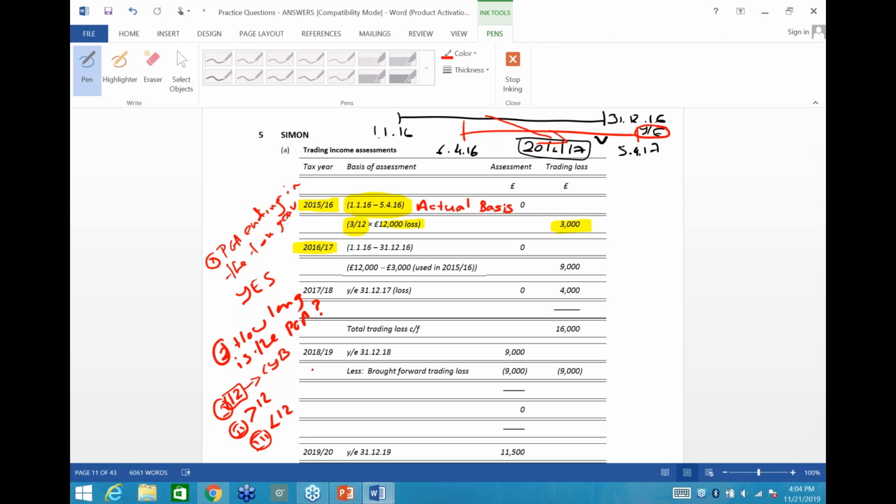But the important thing that you need to remember is there's nothing called overlap losses. There is something called overlap profits, but there's nothing called overlap losses. So if you have already taken a particular loss for the previous period, even though you're going to